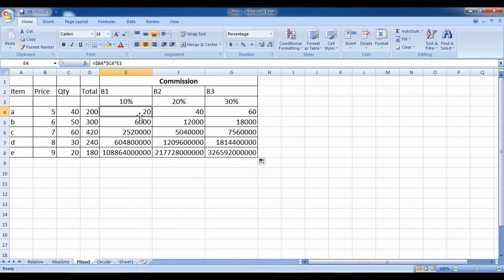So we'll ask MS Excel to keep row constant, and as we are dragging it column wise, we need not worry about what column it is available in, because if you are dragging it vertically or column wise, column name will not be updated.